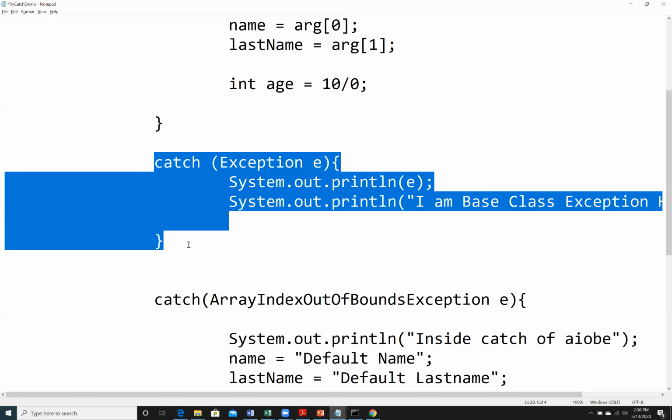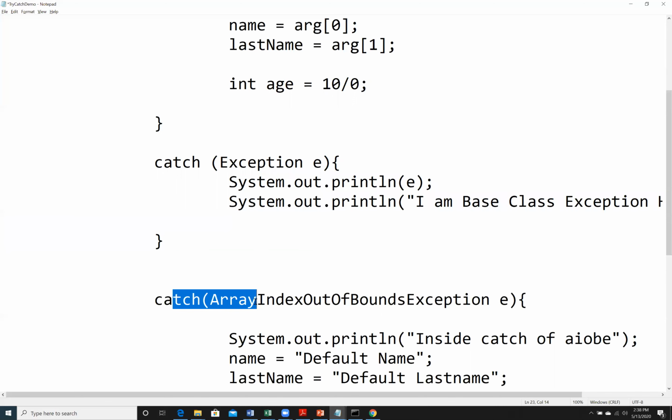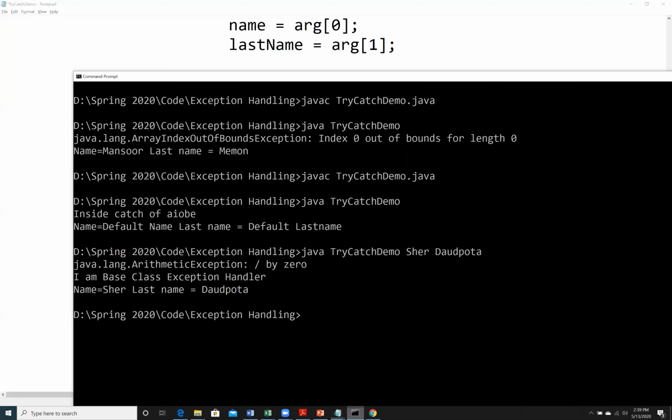So that is the reason why Java will say that I don't need this because this can handle it. In this case, the ArrayIndexOutOfBoundsException catch block will be out of reach. That is the reason why it will be an error.